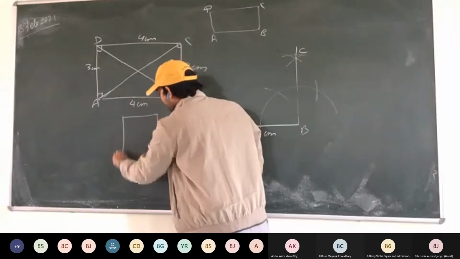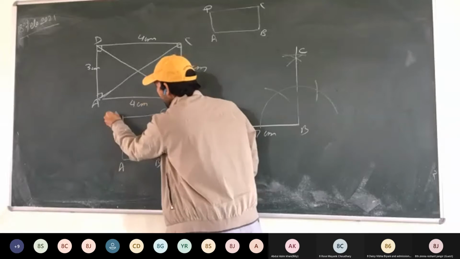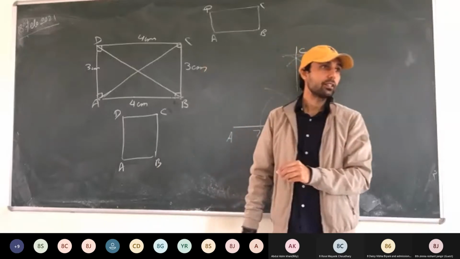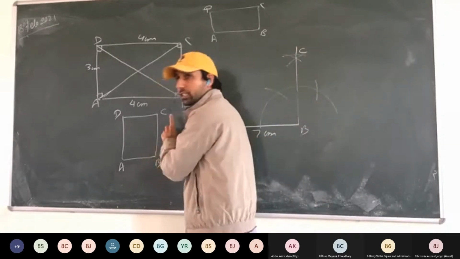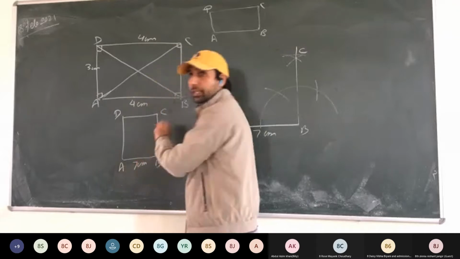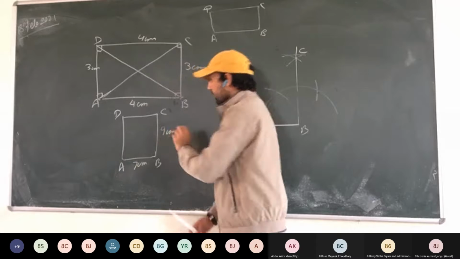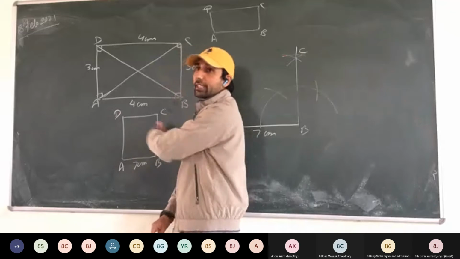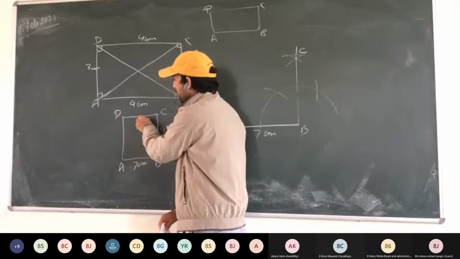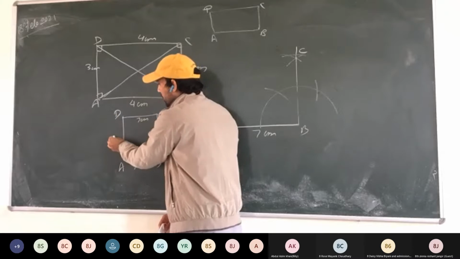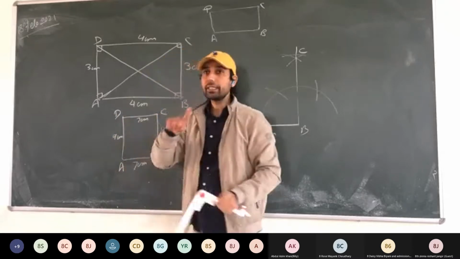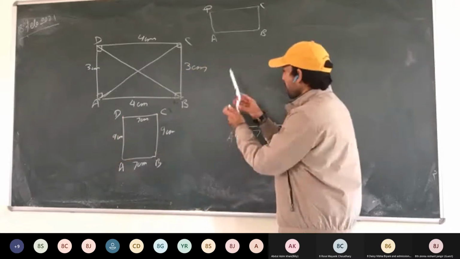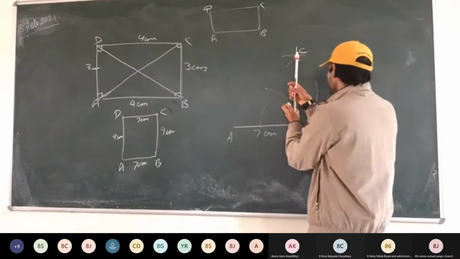So see here, this was the rectangle. A, B, C, D. This was the rectangle. 7 centimeters. This is 9 centimeters. This we have drawn till now. But the D point we have to find. How to find it? In a rectangle, opposite sides are equal. That means CD is how much? 7 centimeters. AD is how much? 9 centimeters. It means D is how far from A? 9 centimeters. So from A, we'll be drawing an arc of 9 centimeters.